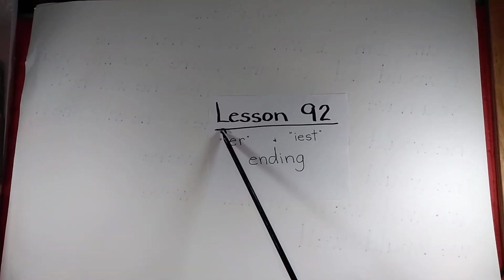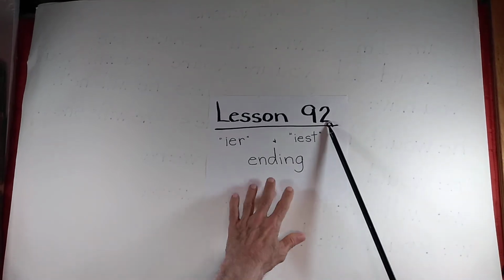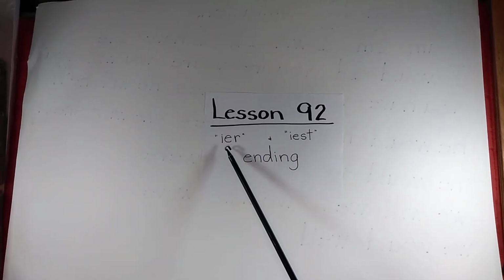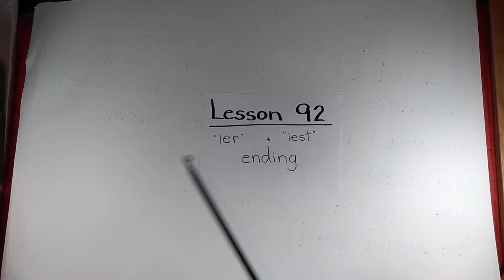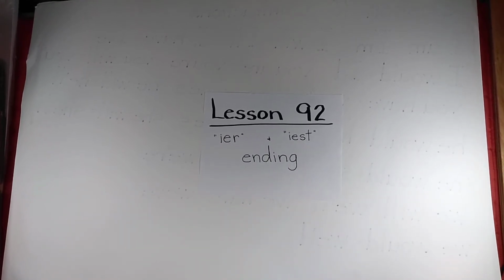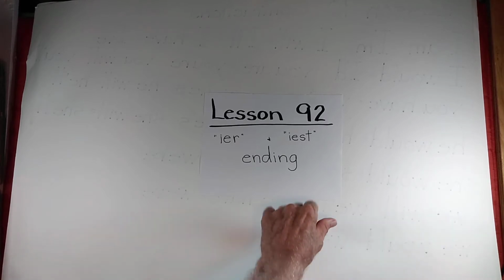This is Jay Teaches Reading for All, Lesson 92, in which we're going to look at two endings, IER and iest, which are used to help us compare two or more things to decide or to show which one is more or most. And we'll be explaining more about that in a little while. Now we're going to review,